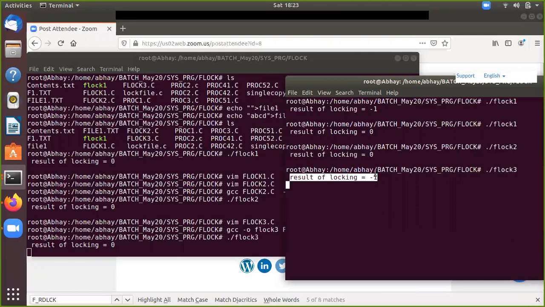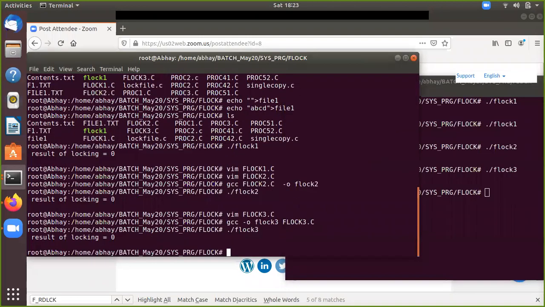The file exists, but we have used the flag called LOCK_NB. NB stands for non-blocking. So when the non-blocking flag is there, it will not be waiting. It will just come out when a file is locked by some other process. So that is why it came out.